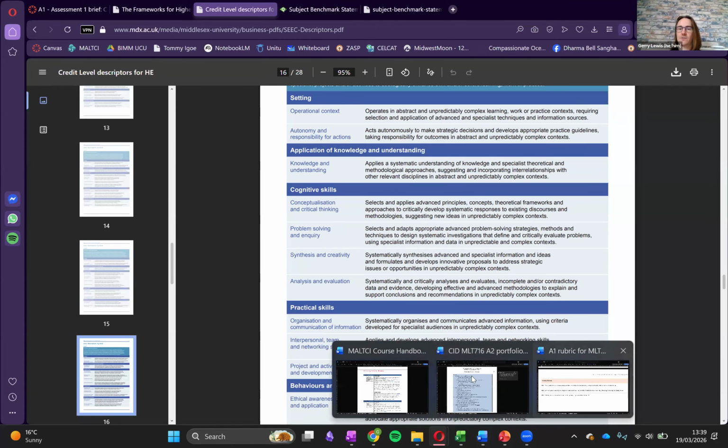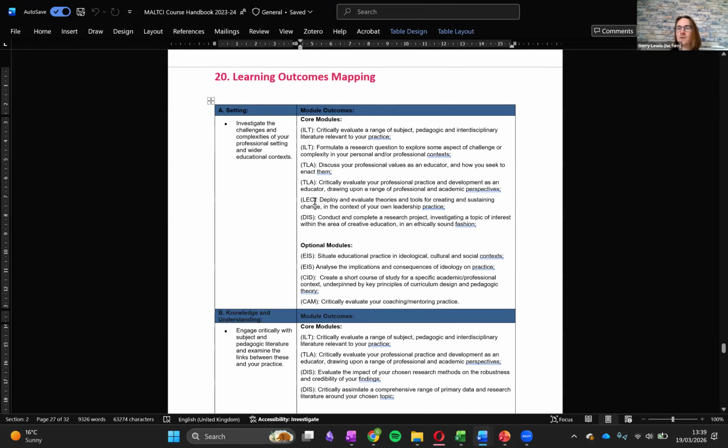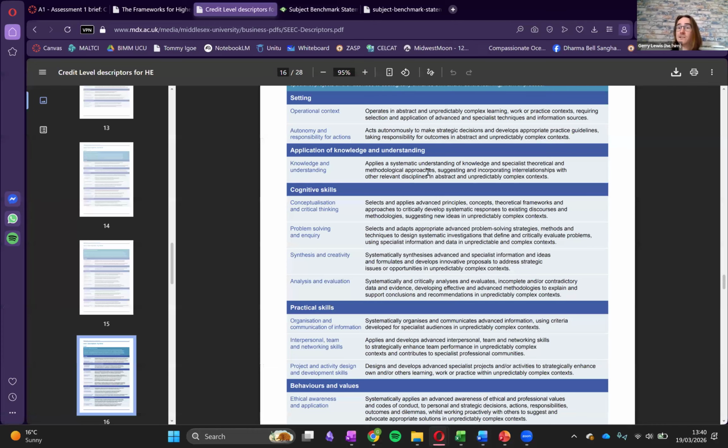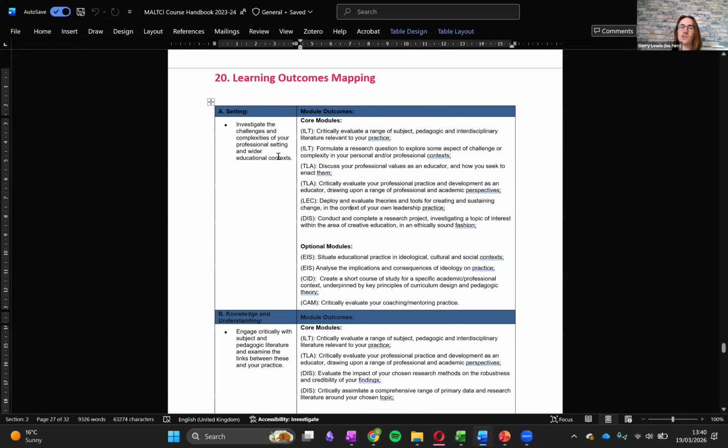So going back to the mapping, you might want to be thinking, if you're designing for a BIM curriculum, or if you're a staff member designing a course and a set of modules that you already know, about how your module and your module outcomes fit in, both to the general indicators of the level of study, the SEEK descriptors and the FHEQ, but also any course level learning outcomes, and the balance of other module level learning outcomes that then contribute to that